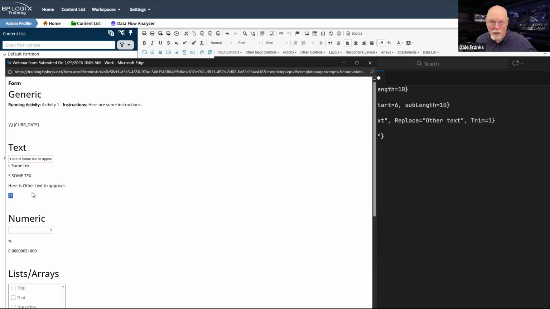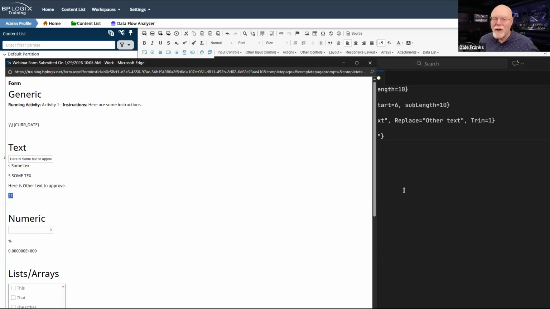Now, the reason it returned -1 in the first instance was because the text approve did not appear in the control. It just wasn't there. And so a return of -1 tells me that the text is not there.